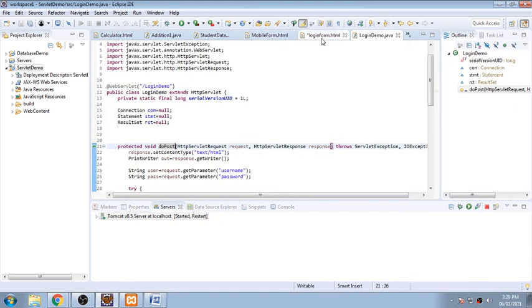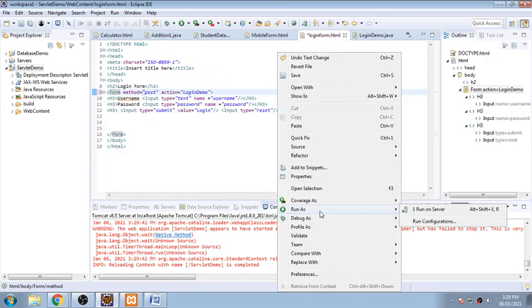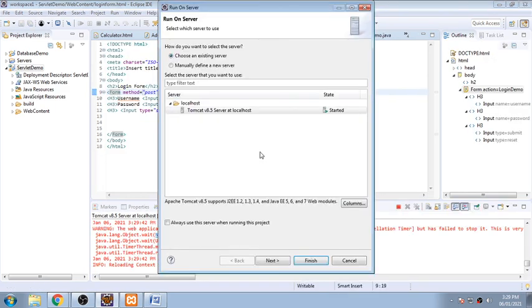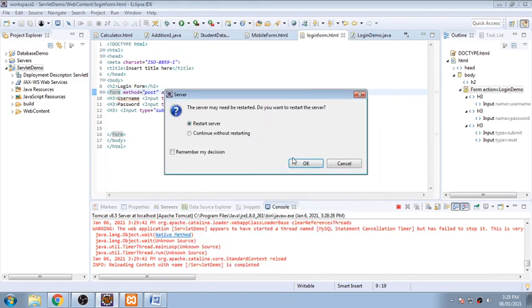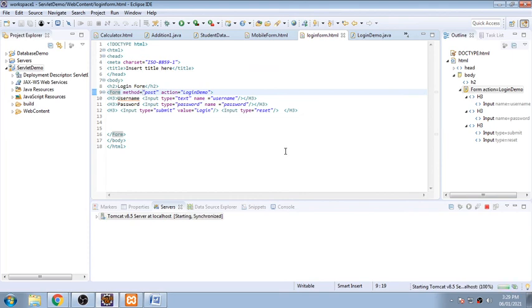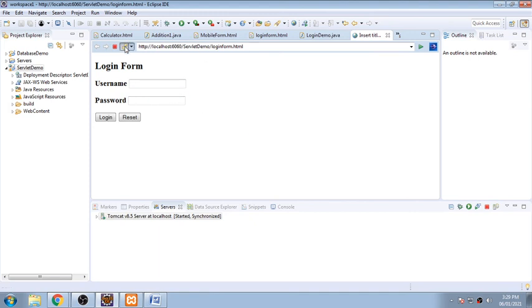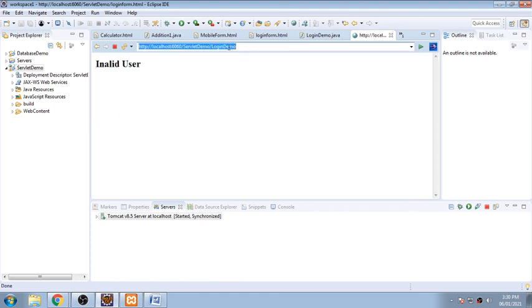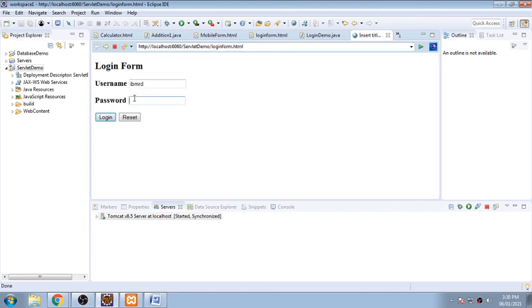Now it is clear. Then again I am running it using the post method, restarting the server. I'm refreshing the page, and I am putting IBM RD and some wrong ID password. I'm saying login, so it is then invalid. I cannot make some changes over here because I need to go back again and put a correct password, and then it will be authenticated by the system.